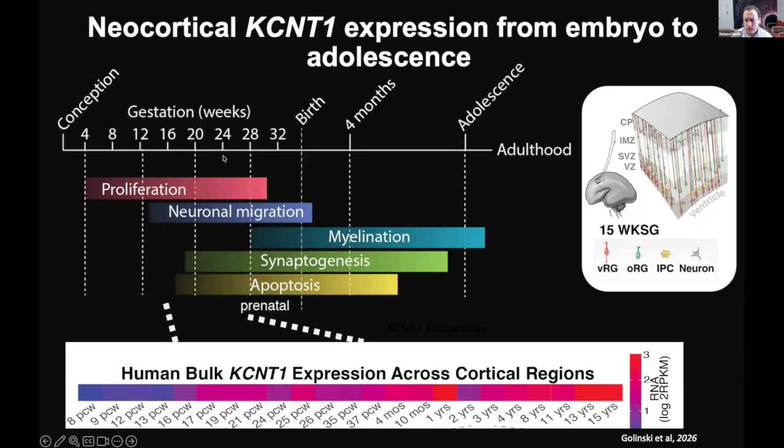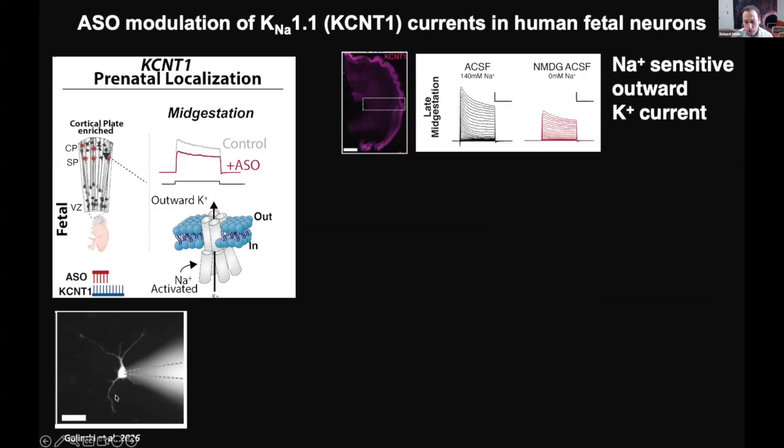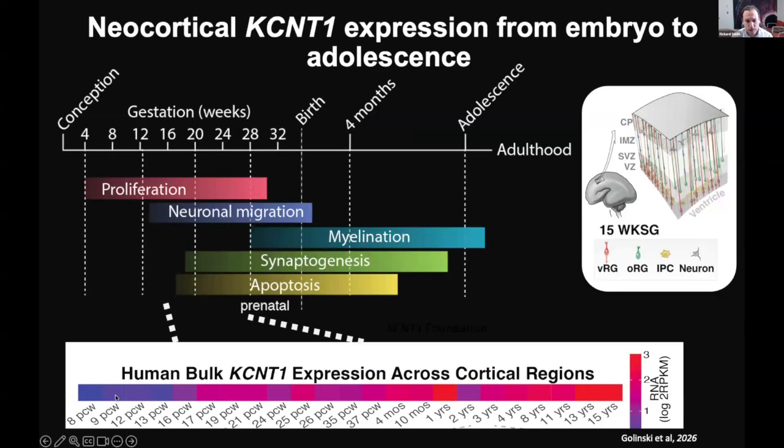And one of the first questions we really wanted to ask is, well, when is KCNT1 most abundant during this period in time, and how is it functioning? Along the bottom here, you can see this would be human KCNT1 across this developmental time window. So the post-conception weeks, and then birth would be somewhere around right here. And you could see at the level of RNA, we have an increase in expression around early mid-gestation, 16 weeks